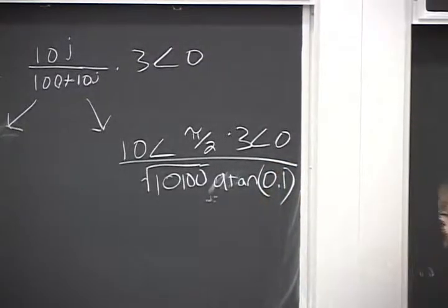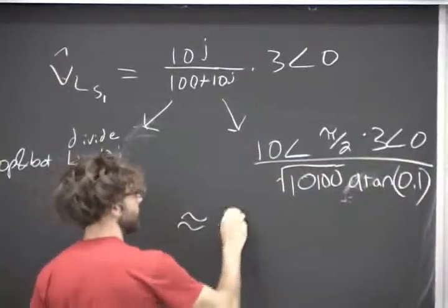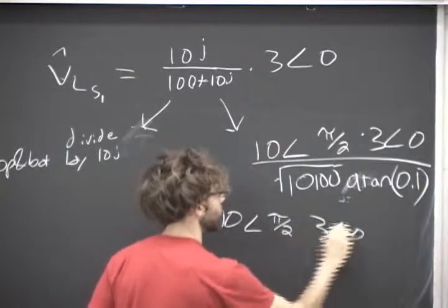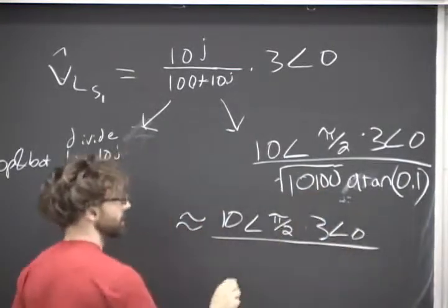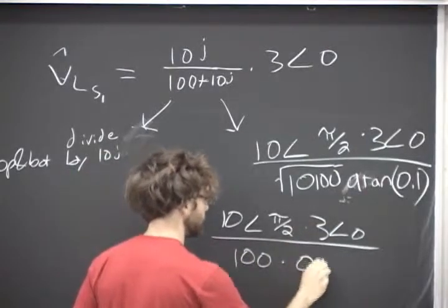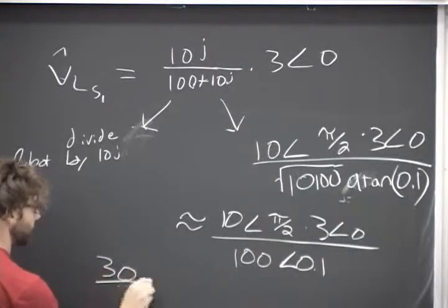Okay. So this thing, right, it's roughly going to be 10 angle pi over 2, 3 angle 0. This thing's pretty much just 100. This thing's pretty much just 0.1. And so then we go through and do some multiplying, and we get 30/100ths